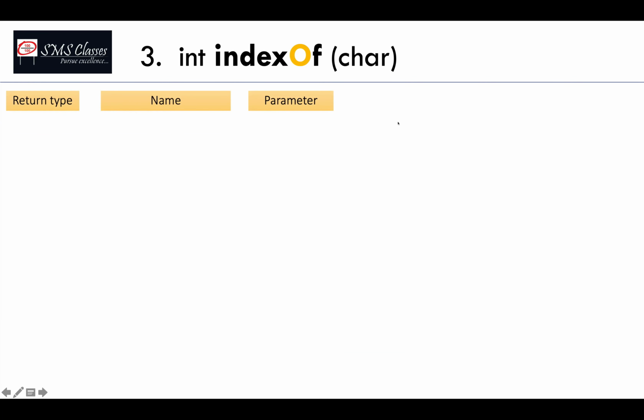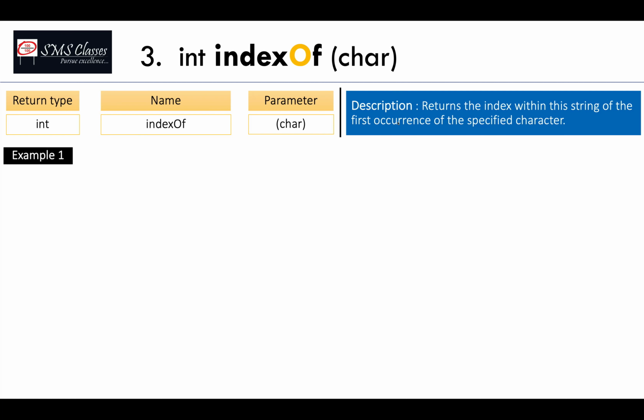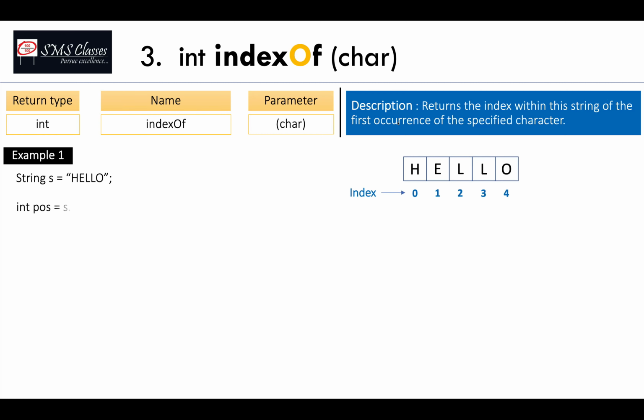Okay, the next method is indexOf. This is exactly the opposite of charAt. There, if you remember, you were giving an integer and it was giving a character, that is, what character is at that position. But indexOf is just the opposite. You are giving a character, and it tells you where it is, that is, the position of that character. For example, if you take hello in this case and ask for the index of l, it searches from the beginning, finds the first l, and gives its position. In this case, it is 2.